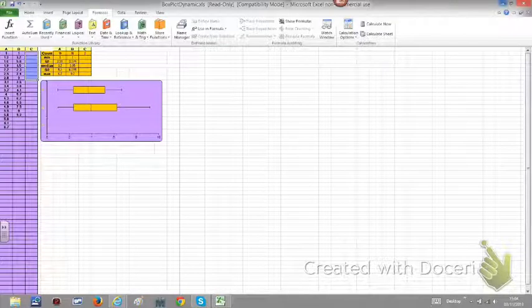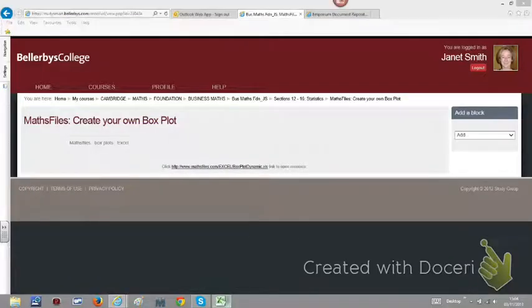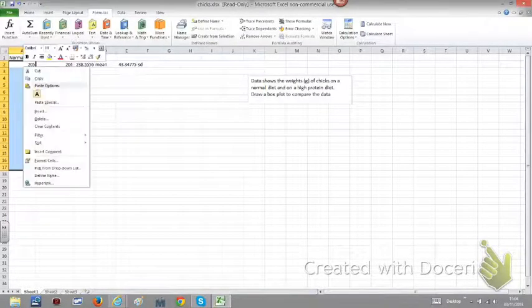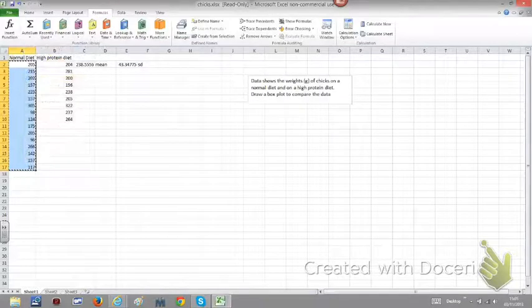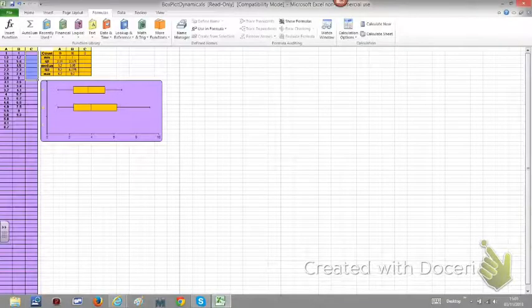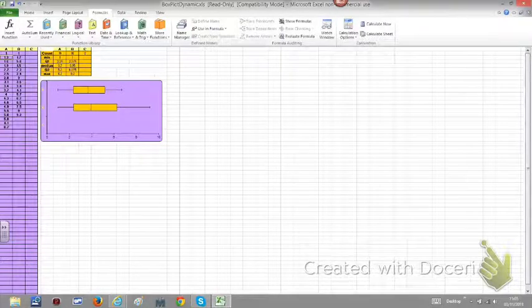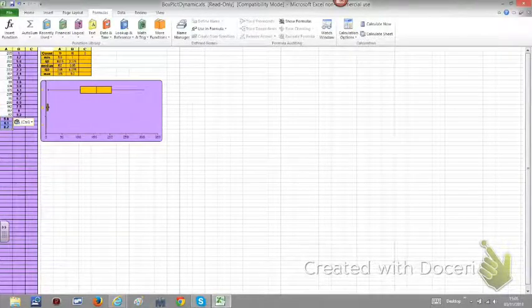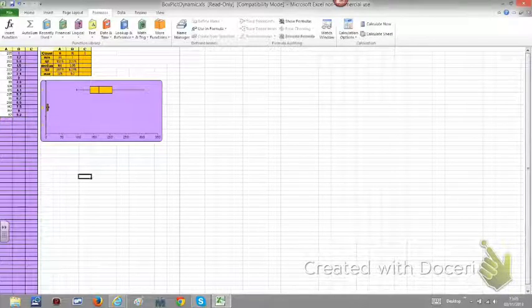So if I minimize that and get my data, so if I highlight that and if I right click and copy and then go back to the box plots, so what I can do here, if I highlight that data and then right click and paste, I think I don't need those 3 there, so I'll delete them. I've then got a box plot for that data,